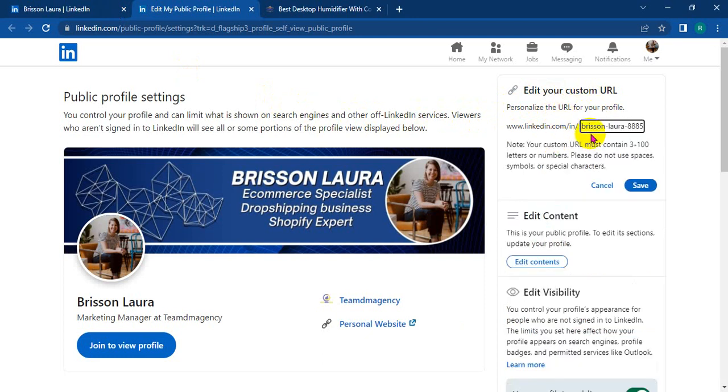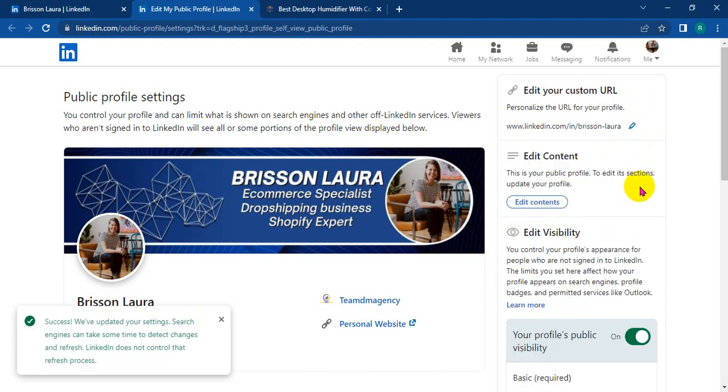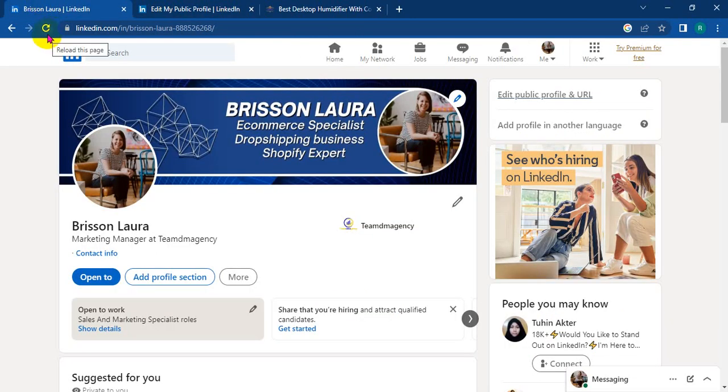Here is the name, Vishnu Laura, and here are some extra words. So I want to just keep my own name here. Okay, and then I try to save it. If the name is available, then it will be saved. Yes, this name is available. Okay, so I just